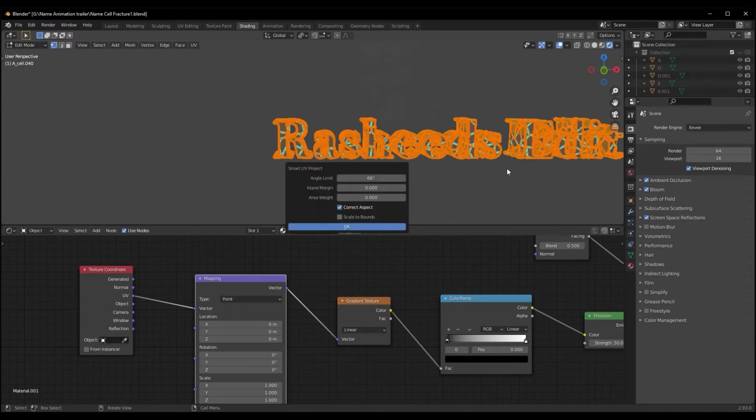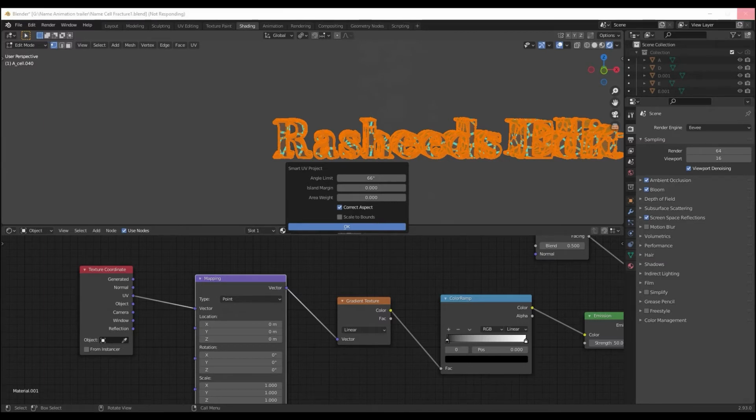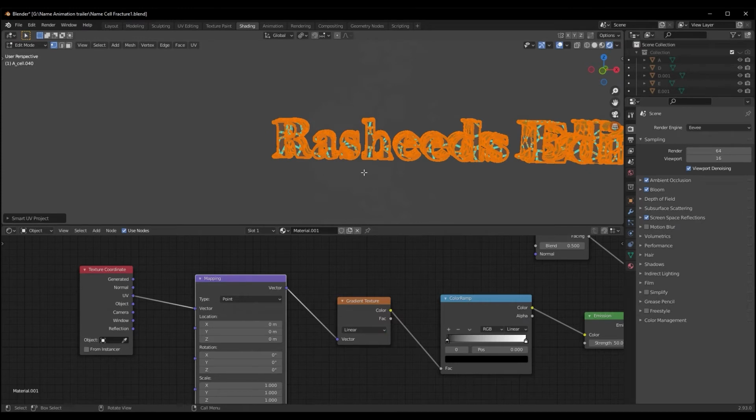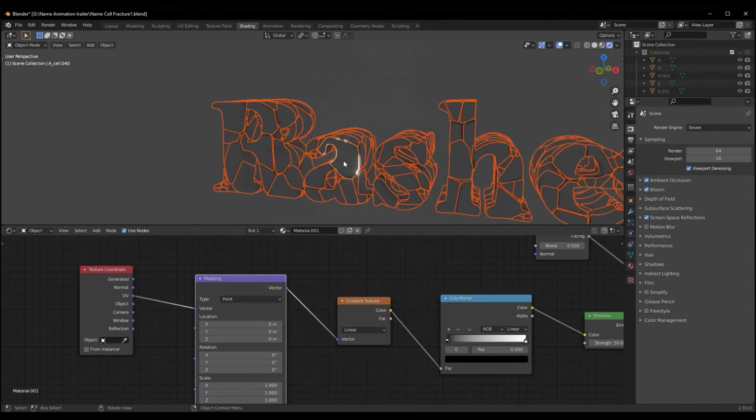Now, since there are a lot of objects here, it's going to take a while to do that, but we need this to make sure that our textures are looking good. So I'm going to hit OK. Let's give it a minute to get completed. All right, seems like we are done. Okay, once that is done,